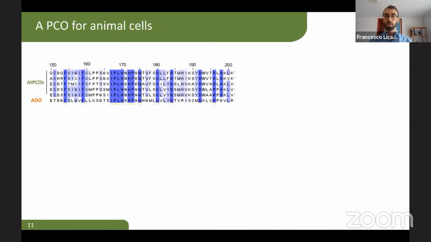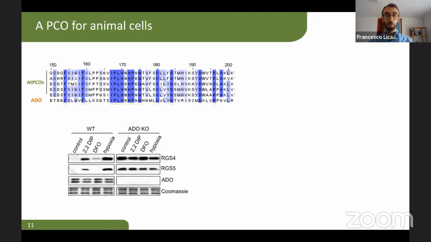And we realized it a few years ago when we collaborated with Peter Ratcliffe and Emily Flashman here in Oxford. And we were looking for potentially enzymes able to carry out the same function in animal cells. And we identified one of them called ADO, or cysteamine dioxygenase. And we confirmed that this enzyme is required to destabilize RGS4 and RGS5. These are